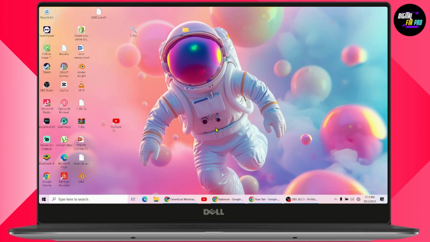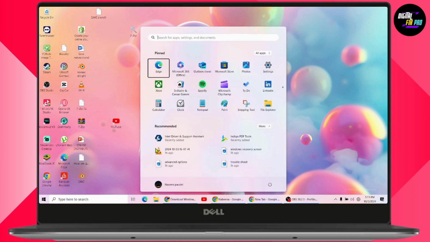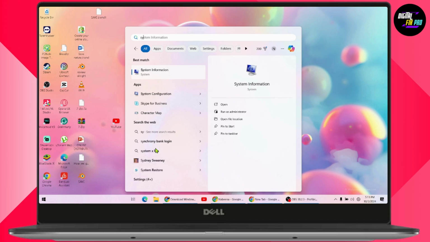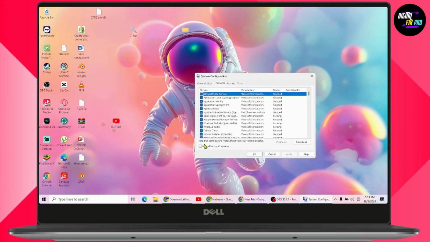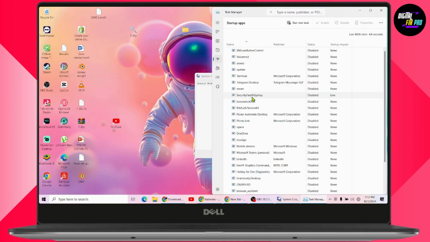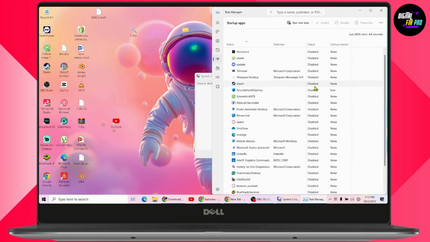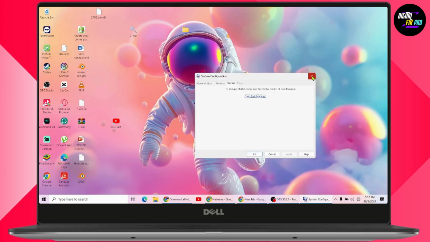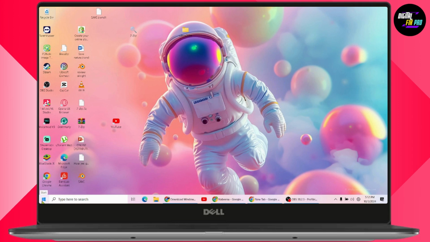But if that doesn't fix your problem, you can simply go with the next step, which is perform a clean boot. To do that, you just need to simply go with Search and search for System Configuration, and make sure to go with the Services option. And here you need to go with Hide all Microsoft services and then go with the Disable all option. In here, you just need to simply go with Startup and then go with Open Task Manager. Under this, make sure that you've disabled all of the applications that you don't use. So you just need to simply disable all of that, which I've already done. Once you've done all of this, you just need to simply restart the device, and after restarting, your problem will